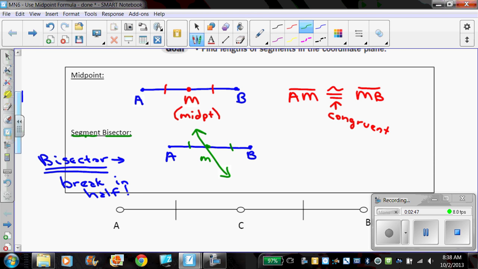Again, it's a segment we're talking about, which is segment AB. And bisector means that this line is bisecting or breaking it up into two equal pieces. Soon we're going to talk about angle bisectors, and that's simply an angle that's broken up into two equal pieces. So anytime you hear bisector, just think about that it's being broken in half. Okay, down here,